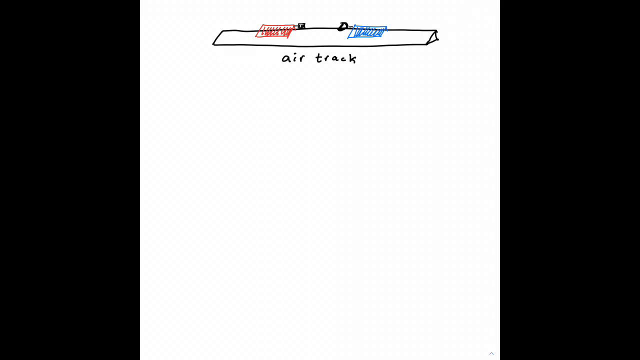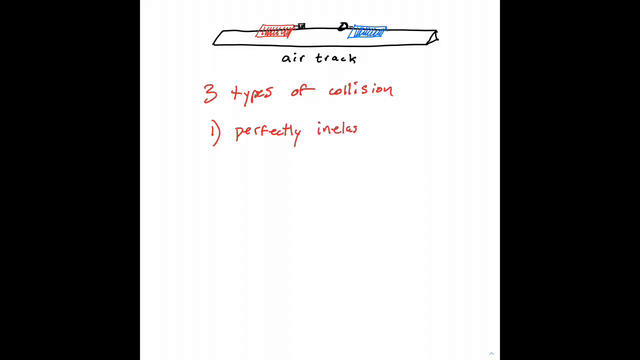So hopefully by now you're getting familiar with the three types of collisions. Sometimes objects collide and they stick together. We call that a perfectly inelastic collision. In a perfectly inelastic collision, momentum is conserved, and we can express it for a two-body collision with an equation